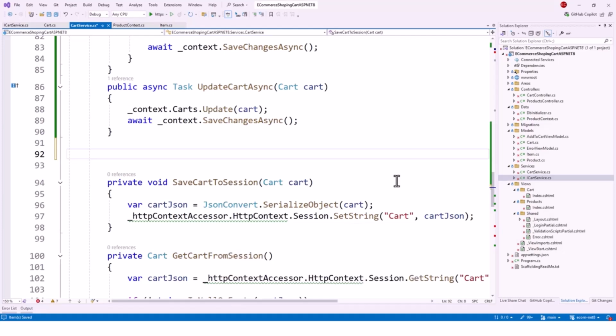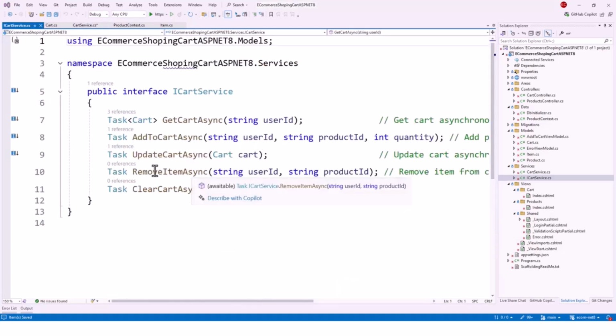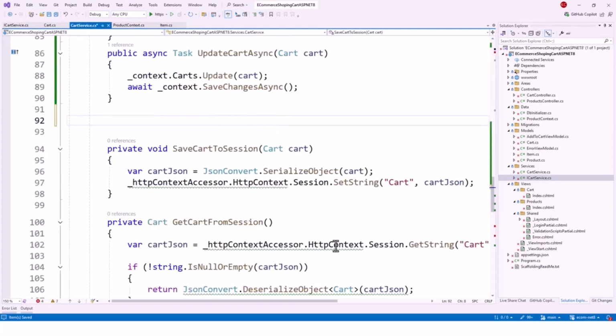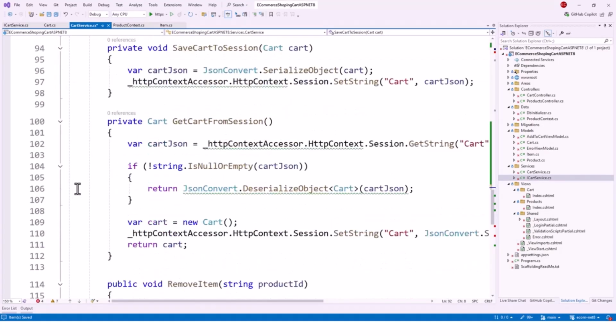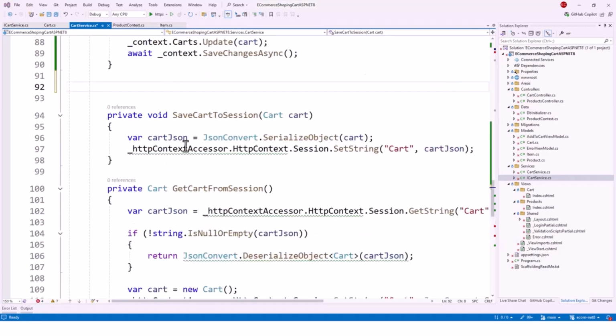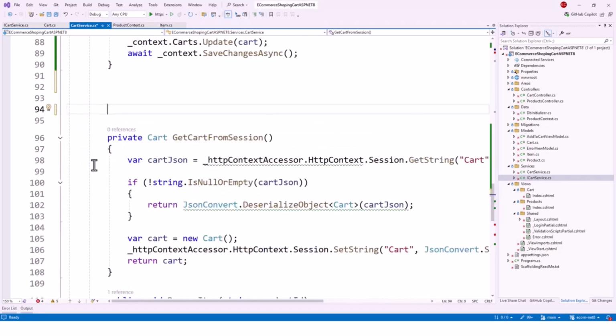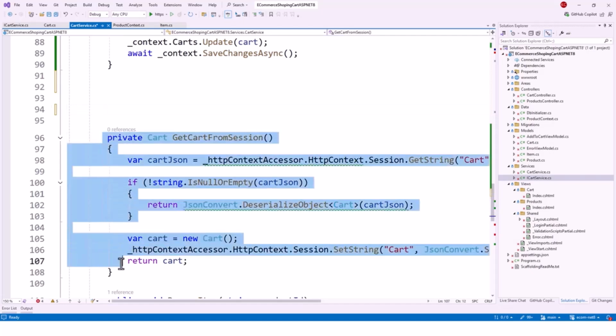And then I need to implement remove item async and clear cart async. So these are the two methods I need to implement in the implementing class, the cart service class. Okay, so I will get rid of this method, unnecessary code. I will also get rid of this method,